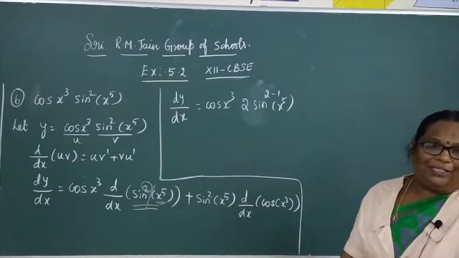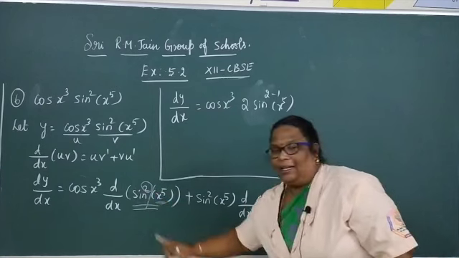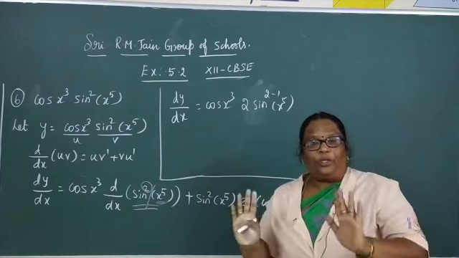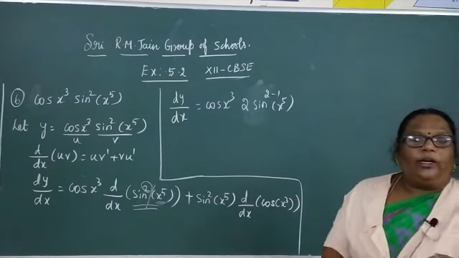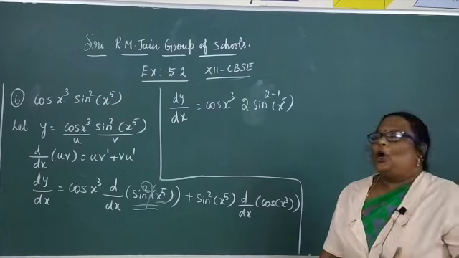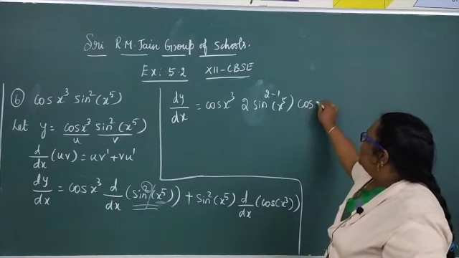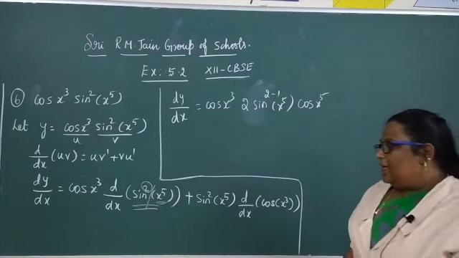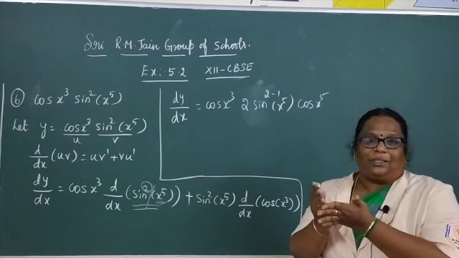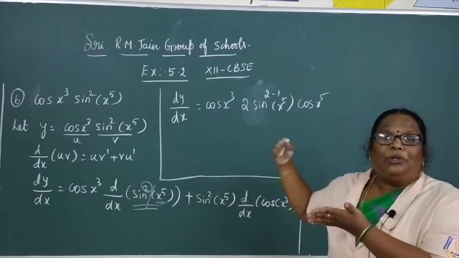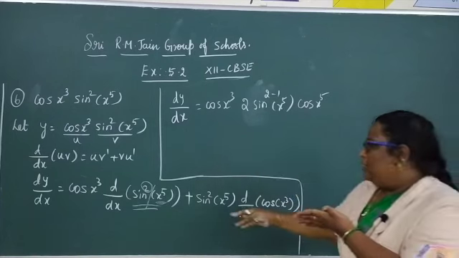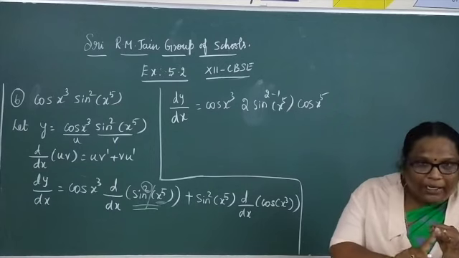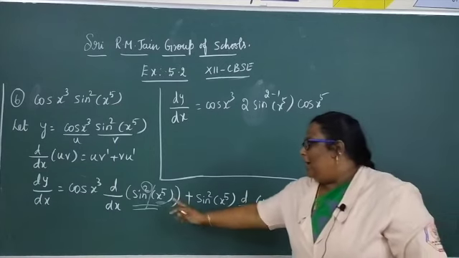Next, what is the next one? Sine. You move on to sine. What is sine? x, that's all. You don't think of x power 5. Sine x. What is the differentiation of sine x? Cos x. See, cos x power 5. Clear? You have to split up the terms. If you split up the terms, it is easy to do the differentiation. So cos x power 5. The power part is over, the sine part is over, then you move on to x power 5.